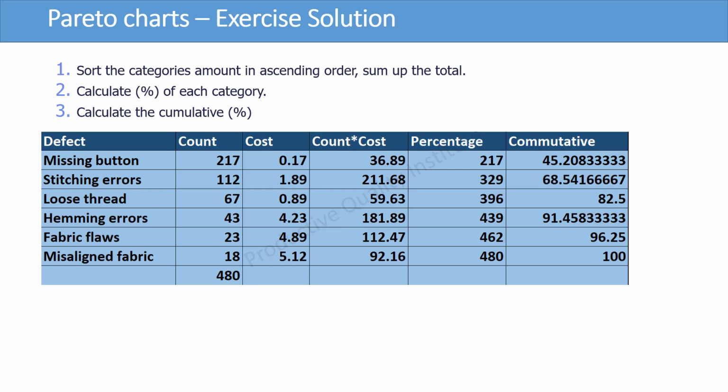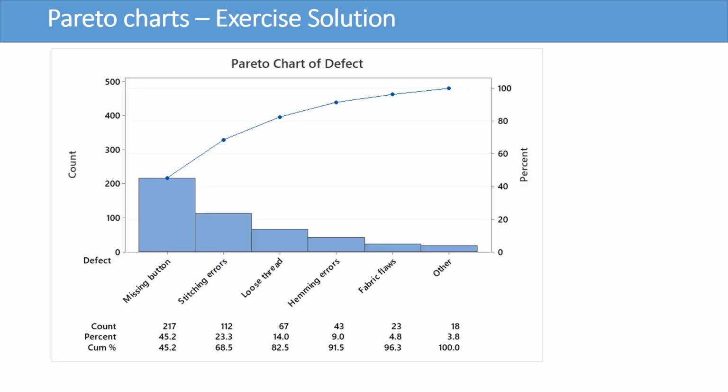1. Sort the categories amount in descending order, sum up the total. 2. Calculate percent of each category. 3. Calculate the cumulative percent. Perform the Pareto chart. It's important to know how to create a Pareto chart, but understanding what the chart is